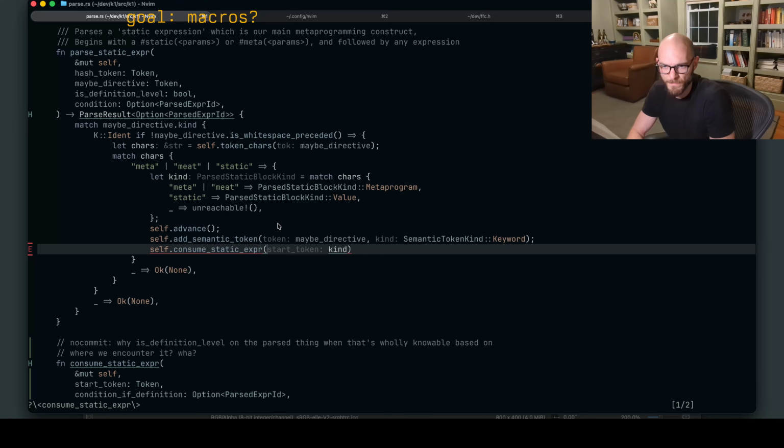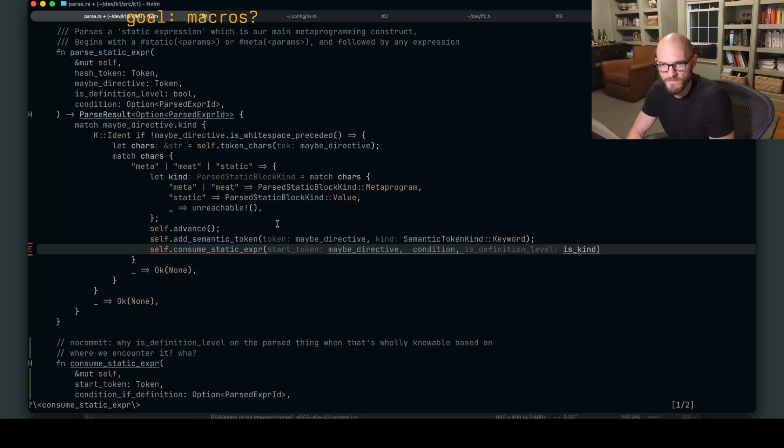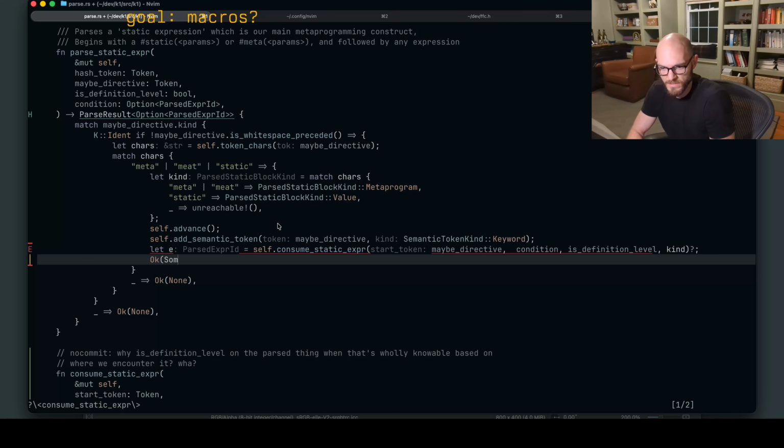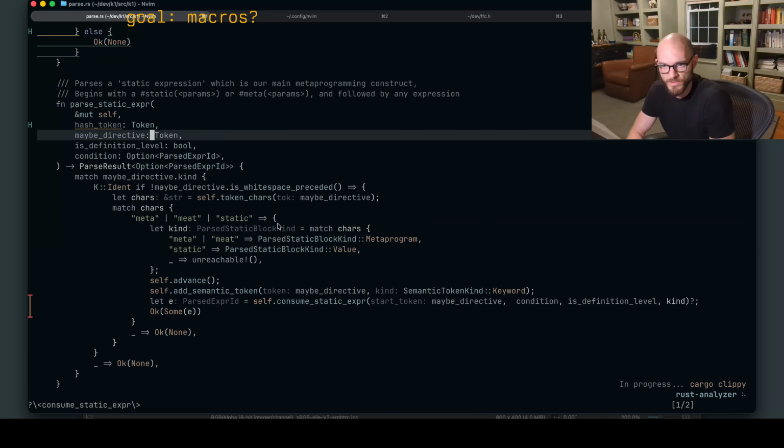So now we at least have that first start. Condition we have is definition level. And we have the kind that we already computed. Let E. Okay, sum E. We have to wrap it in a sum because of the other thing that is done poorly.